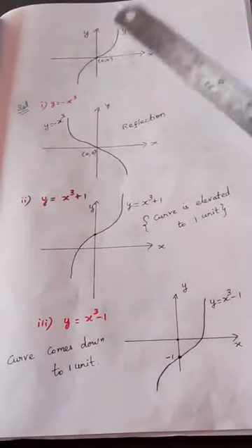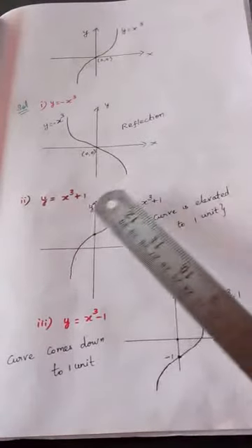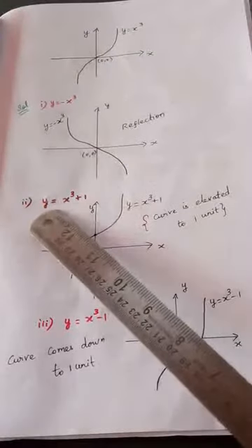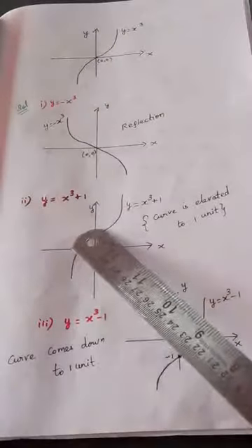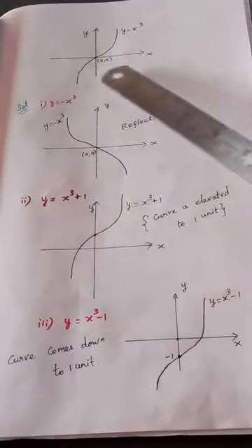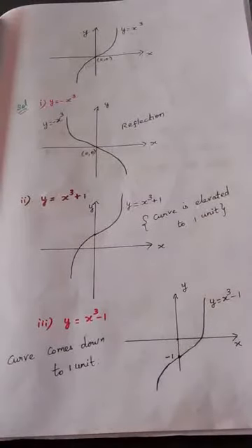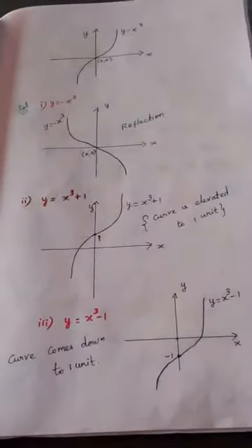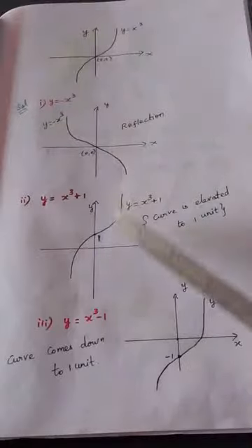Children, can you understand? Y is equal to x cube is the original diagram given. What we have to do is x cube plus 1. What is the difference between this and this? The y value is increased by 1. So if you see, the diagram gets elevated by 1 unit in the y axis. See, this passes through the origin, and this is elevated by 1 unit. Otherwise I can say the constant here is 1. So the diagram gets elevated by 1 unit. That is how from this we are drawing this.